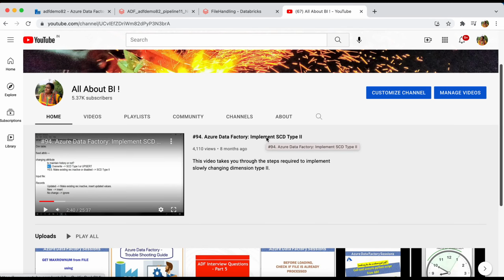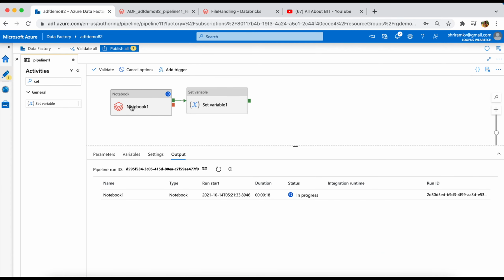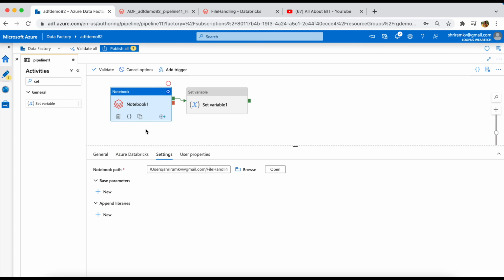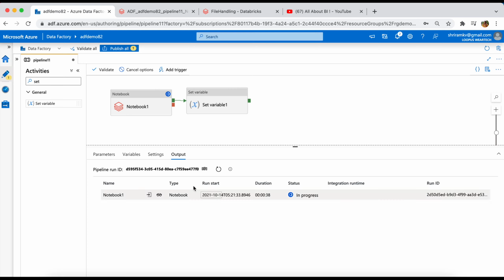In this session I'm going to tell you how we handle exceptions in an Azure Databricks notebook and send the result back to Data Factory in case of any errors or exceptions. Normally, when you have a notebook activity and you execute it from a pipeline, the output will not be evident. You will get something called a run page URL, and you have to click that to know more about the status of the notebook activity's execution.